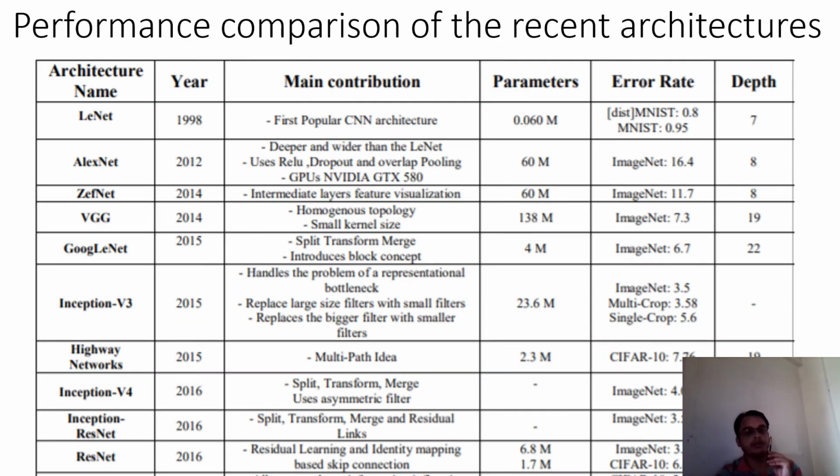This is a comparison chart between the different available networks: LeNet, AlexNet, VGG, GoogleNet, and so on. LeNet was introduced in 1998 and GoogleNet was introduced in 2015. Okay, and now these are the different parts. So main contributions are given. The first popular CNN was LeNet. Then for the first time ReLU and Dropout were introduced in 2012 by Geoffrey Hinton. Then GoogleNet was the first newly developed modified architecture with 4 million images. And in GoogleNet the depth was up to 22 layers. So from 5 layers to 22 layers they increased the depth.